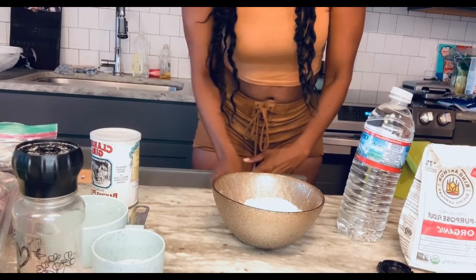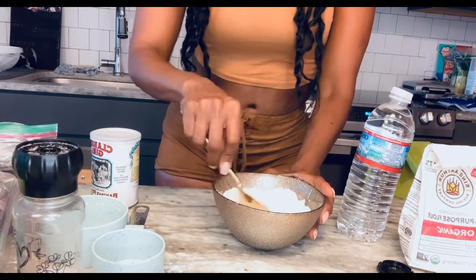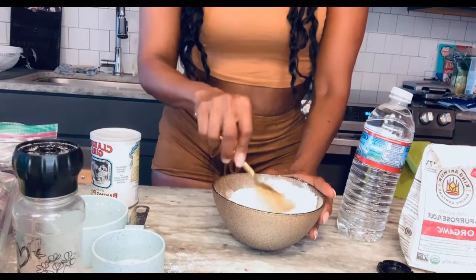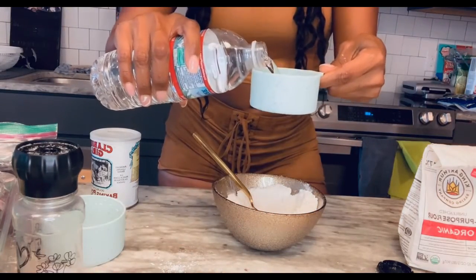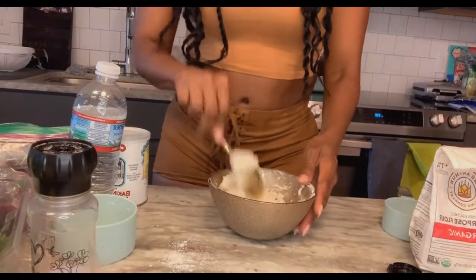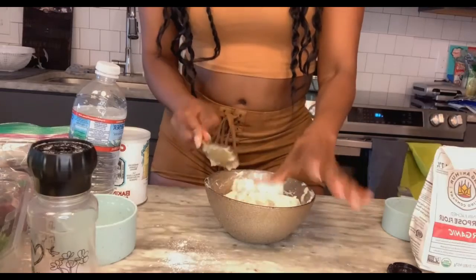So let's mix this real quick. Mix your dry ingredients up. You're gonna put the baking soda in last. That's the last process. Now we're gonna add a 1/2 cup of water. Maybe not even a 1/2 cup. Okay, so I put the 1/2 cup of water in, and here's your dough. You see, it's dough now. So I'm gonna let this sit for like